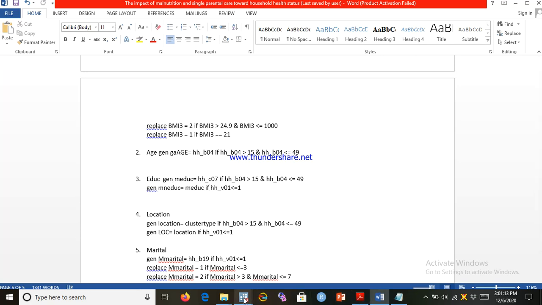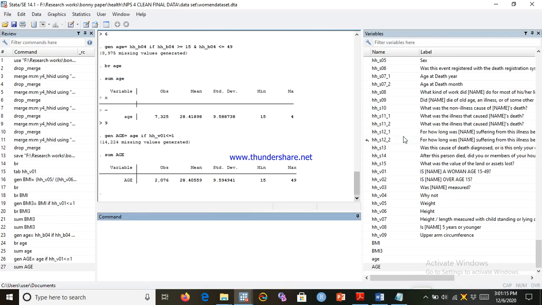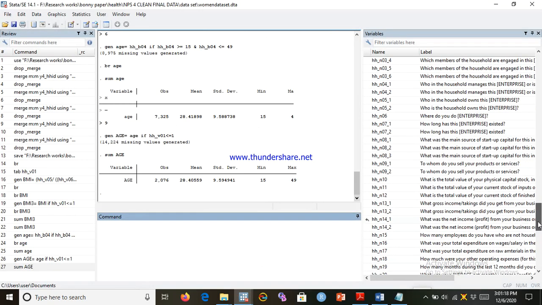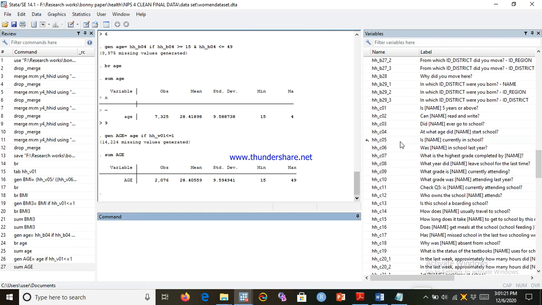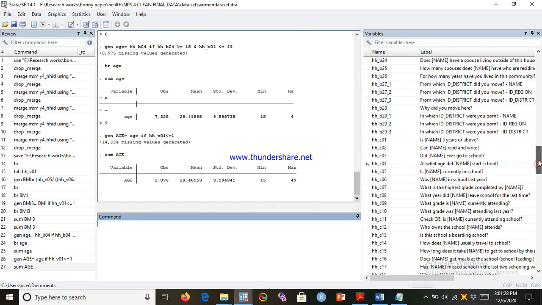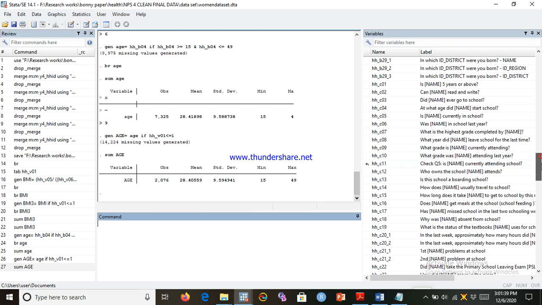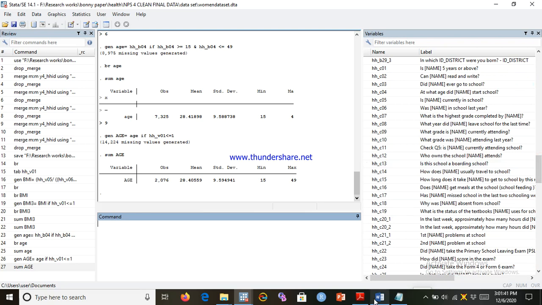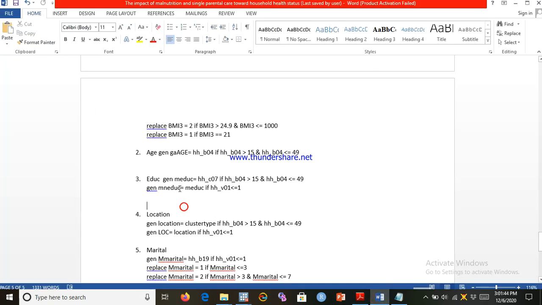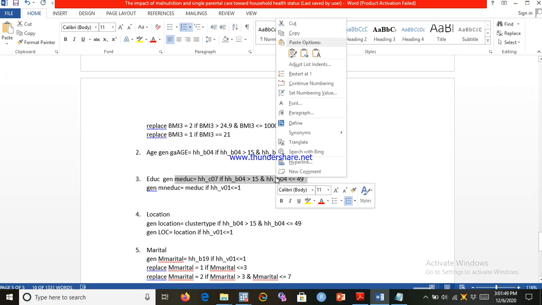Education is found in section C in our data set. As you can find, section C is here. Yeah, okay, find section C. It's about the education status, I mean the education level of household. And so I have to generate a new variable,